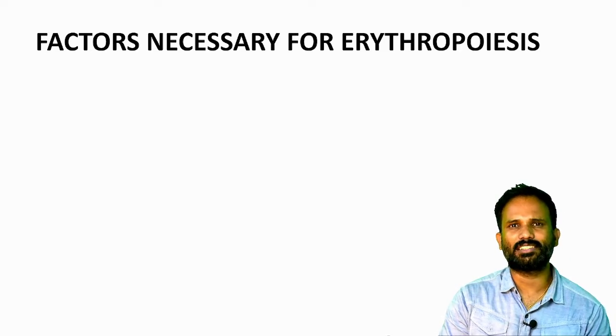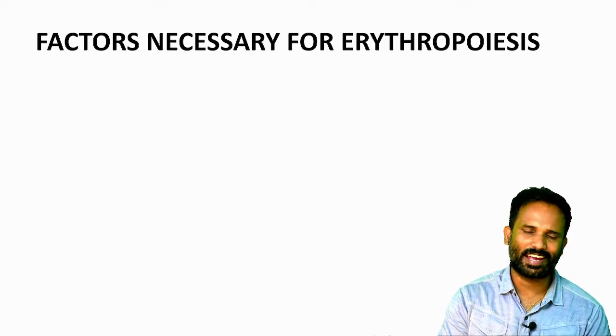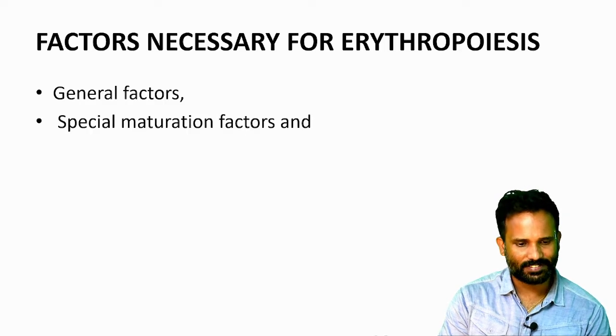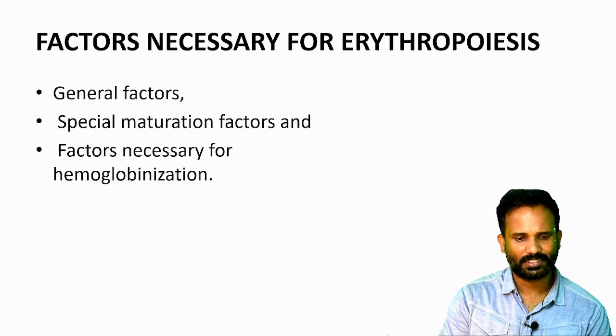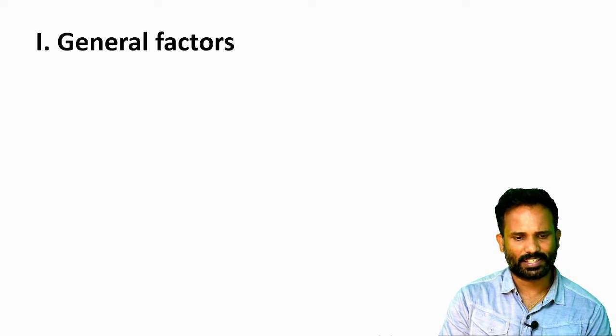And what are the factors that are necessary for erythropoiesis? The factors that are necessary are general factors, special maturation factors, and factors necessary for hemoglobinization. So what are the general factors? General factors are nothing but the general metabolic hormones, like